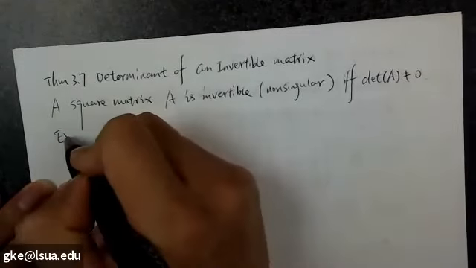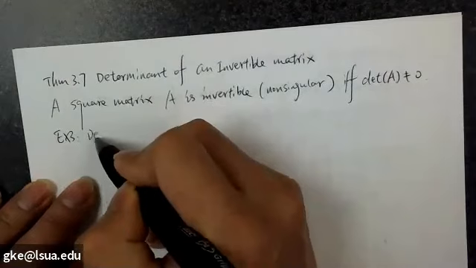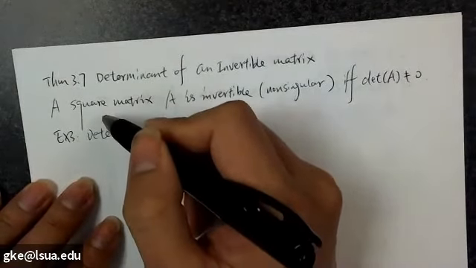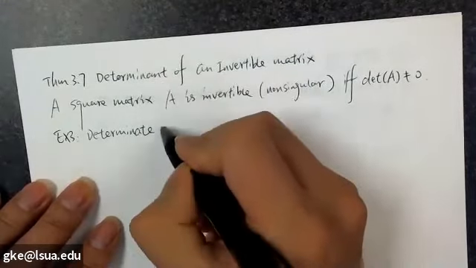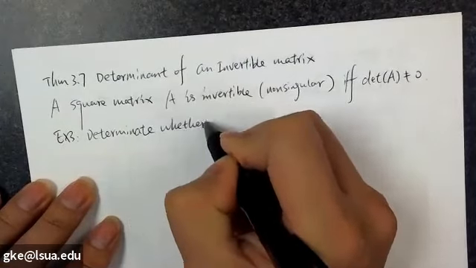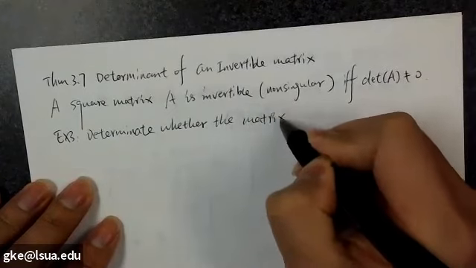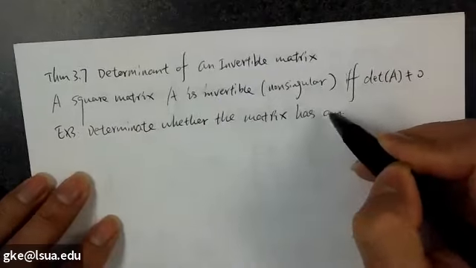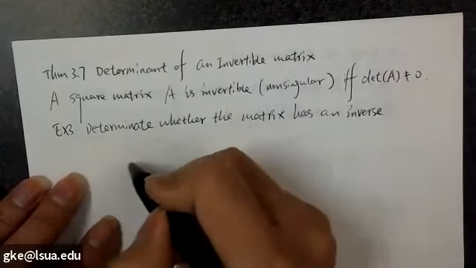Example 3: determine whether the matrix is invertible. The first one is